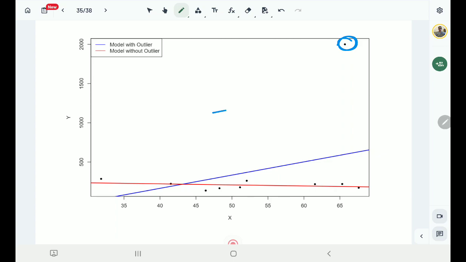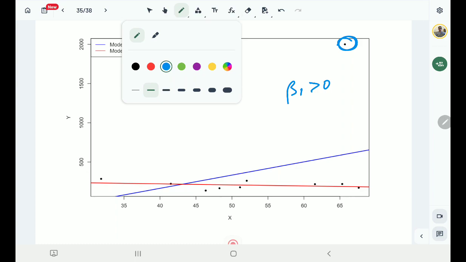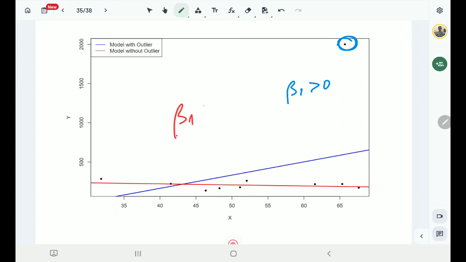it has negative slope, so beta 1 is basically less than 0, but once you add the outlier you get beta 1 greater than 0. Okay, so maybe I have to use red color for this. So beta 1 for the red line is less than 0. Meanwhile, once you add the outlier it became positive, and the same goes for the intercept. You see,